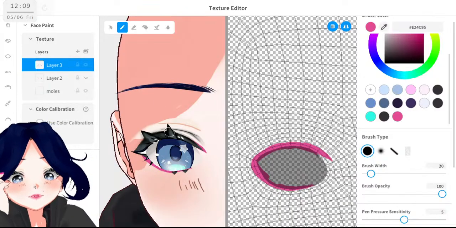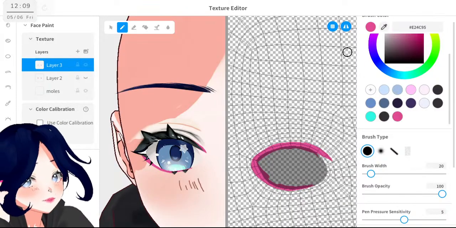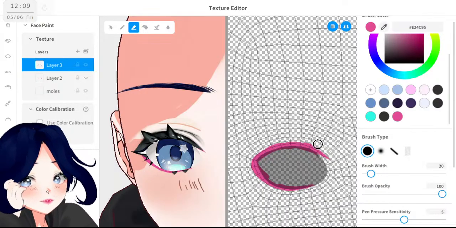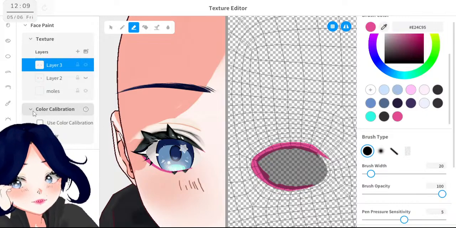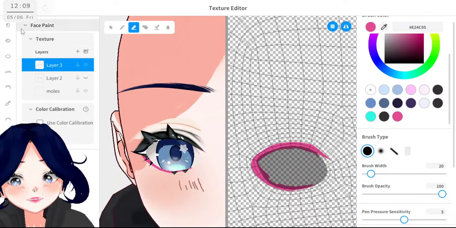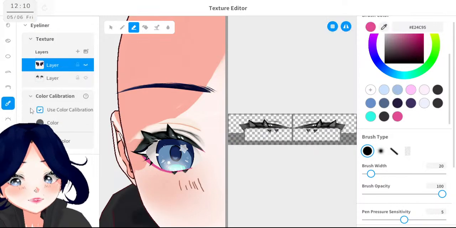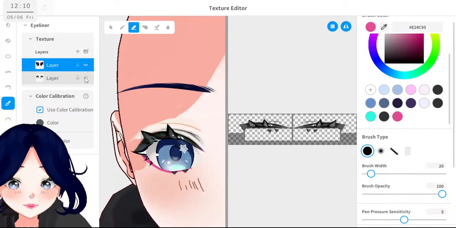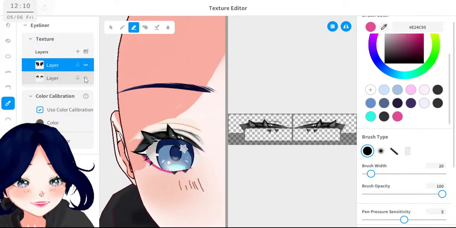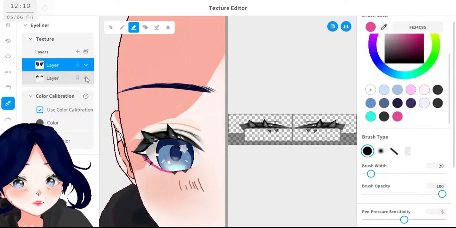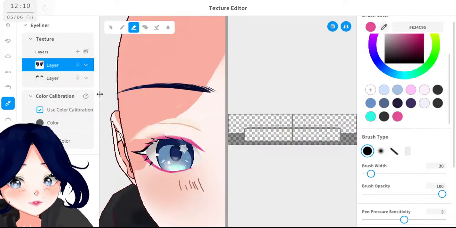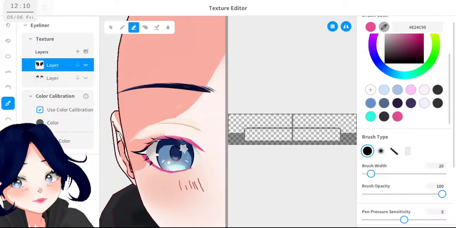Right, first I should fix the eye shape instead of doing more makeup here, because there's chances it will be a little different. And the eyeliner. Okay. Let's see what I have here. Okay, I have nothing.